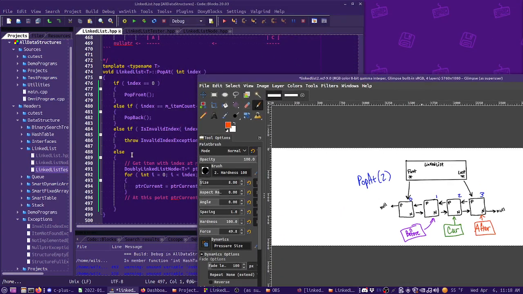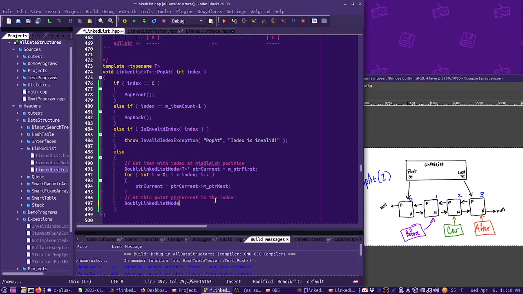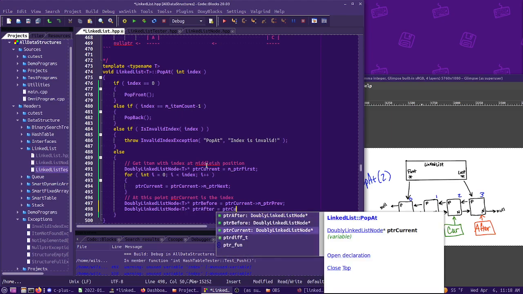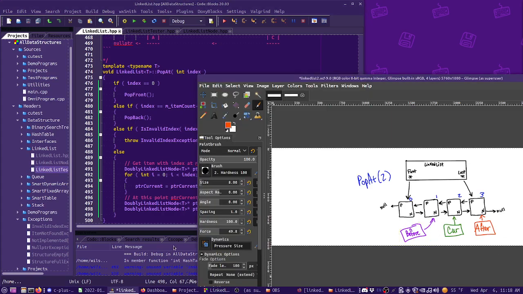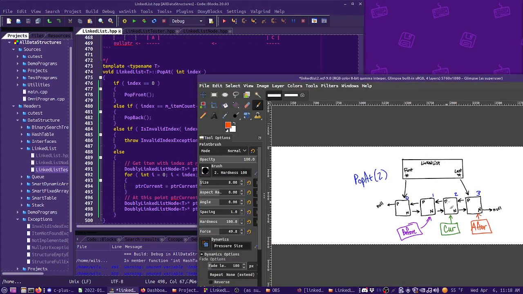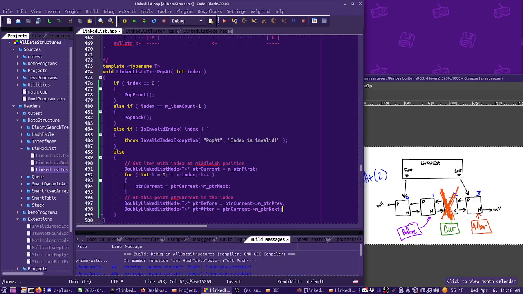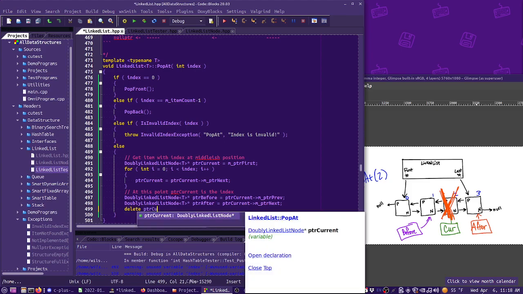So let's do that. Let's do just a doubly linked list node. Pointer before is equal to our pointer current, pointer previous. Pointer after is equal to pointer current, pointer next. So then we have these two to help us out. Now at this point we can go ahead and just delete pointer current, because now we have pointers to the before and after. We don't have to worry about losing track of them. So we can say delete pointer current,